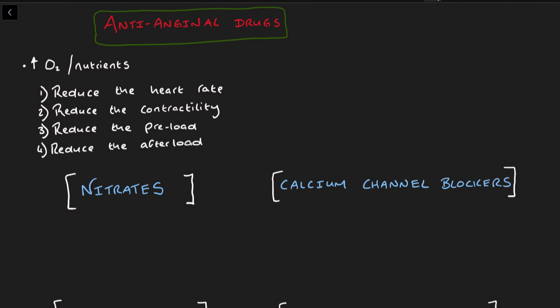So anti-anginal drugs are those that either increase the supply of oxygen and nutrients or reduce the demand for these. Drugs that reduce myocardial oxygen demand are commonly used to prevent and treat episodes of ischemic pain associated with stable angina. Some of these drugs work by reducing the heart rate,